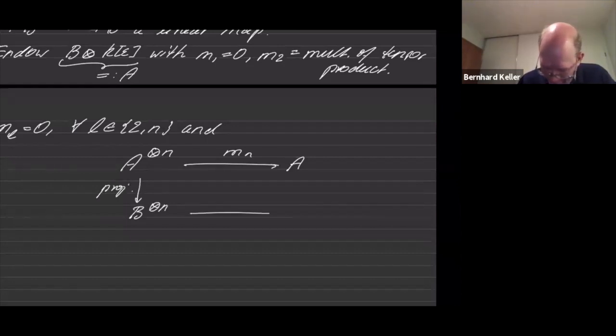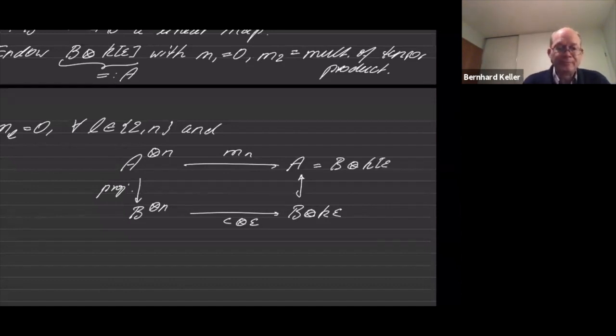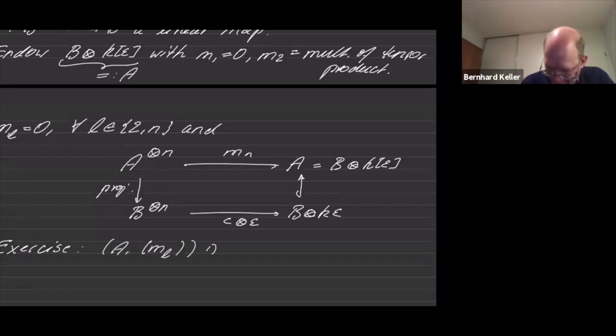Then we apply the map C to go to B tensor K epsilon, or to that C tensor epsilon. And then this embeds into A. And then as an exercise, you can check that in this way you will get an A infinity algebra. So A endowed with these MLs is an A infinity algebra if and only if